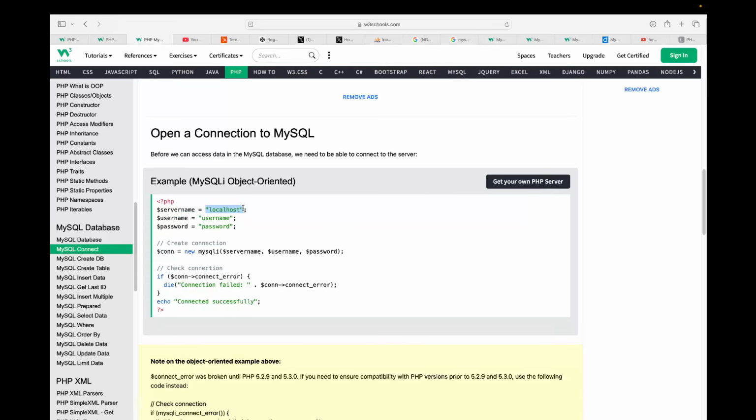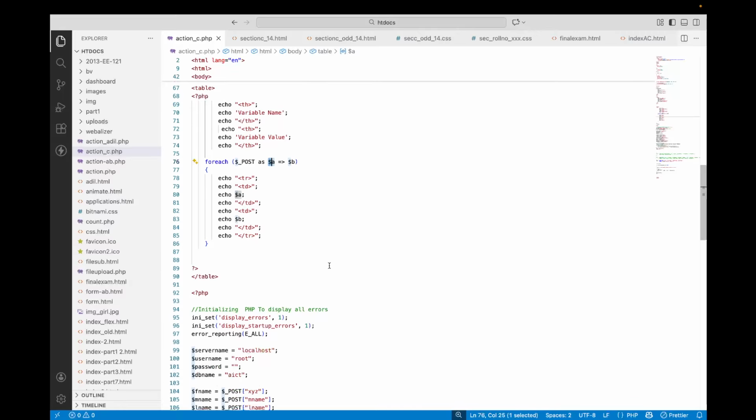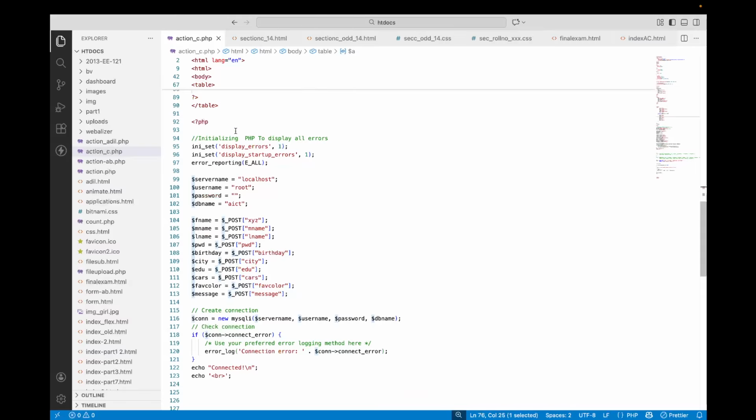I have to tell it where that server is. If it is some IP address, I will have to give some IP address over there. If it is some username, I will have to give some username over there. If it has some password, I have to give the password and a database name also. And for that purpose, inside my code, if I just scroll down now,